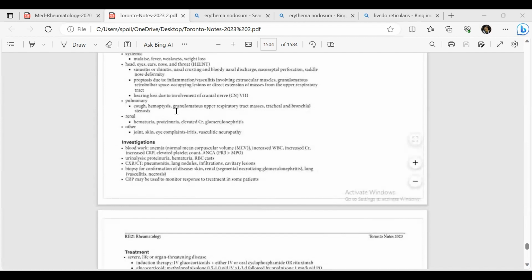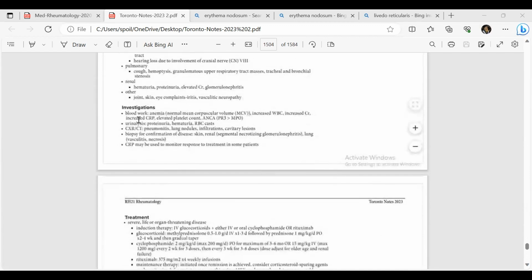Pulmonary: cough, hemoptysis, granulomatous upper respiratory tract masses, tracheal and bronchial stenosis. Renal: hematuria, proteinuria, elevated creatinine, glomerulonephritis. Joint, skin, eye complaints, such as iritis, and vasculitic neuropathy. Investigation, blood work: anemia, normal mean corpuscular volume, MCV, increased WBC, increased ESR, increased CRP, elevated platelet count,